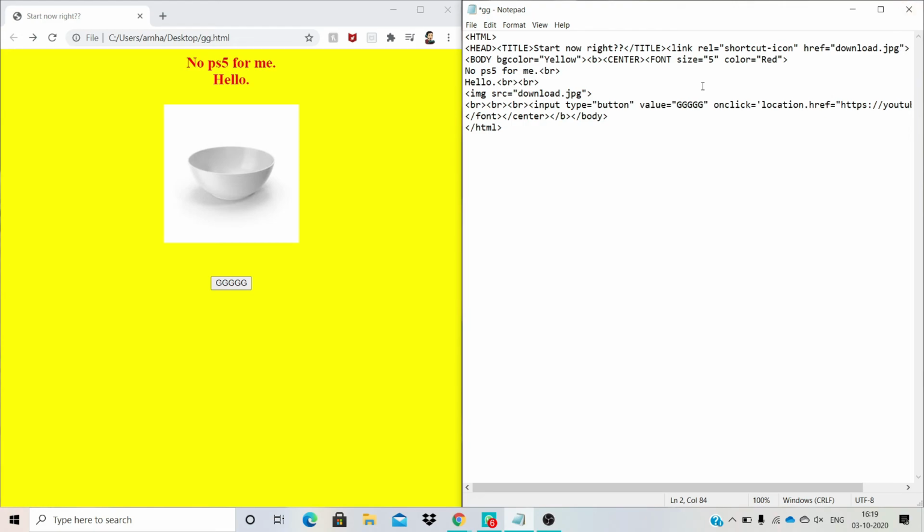So here comes our shortcut. Let me see if it works. I don't know why this doesn't work. It should work. Wait. Yeah, I wrote a slash here, so it didn't work, but now it works. See, over here you can see a bowl is coming. This one, Maggie bowl, it is coming.